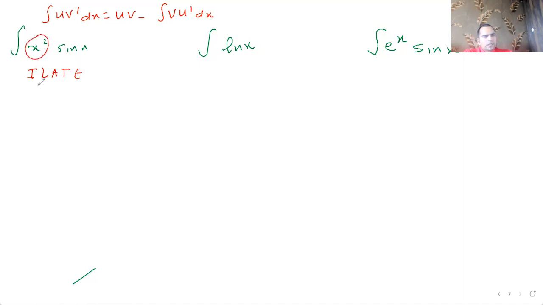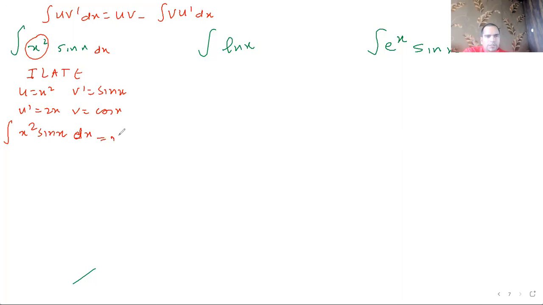So u is x squared and v dash is sine x. So u dash is going to be 2x, v is going to be cos x because I need it in the formula. So when I integrate, it'll be x squared sine x equals